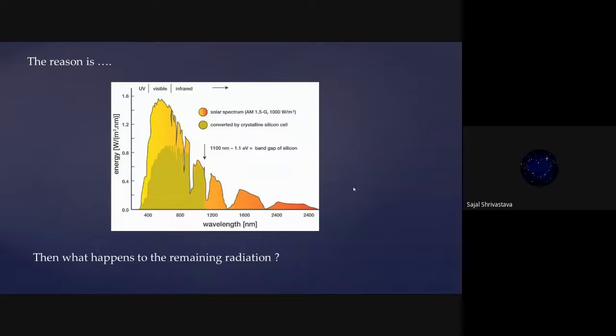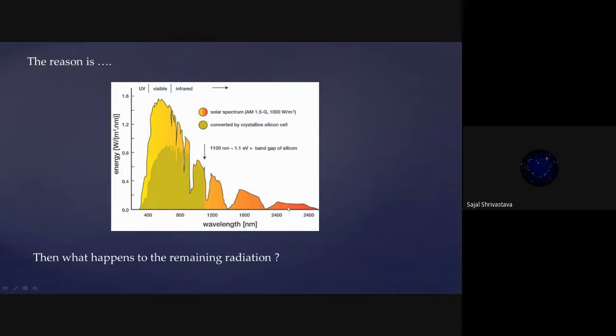Because the current technology with which we are trying to harness solar energy, for example, the solar panels we have, is currently based on silicon material. They are able to absorb only a specific amount of the solar spectrum from a varied solar spectrum, as given in this diagram. Only the portion shaded in green is absorbed by the solar panel, and the rest of the spectrum goes to waste.